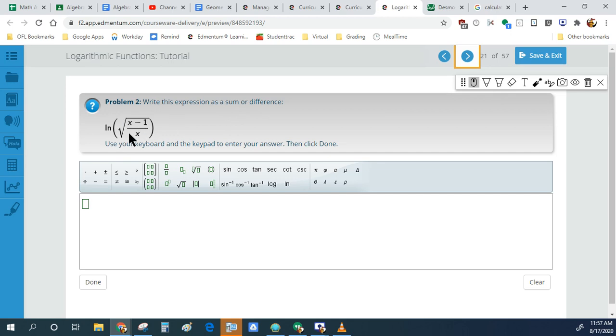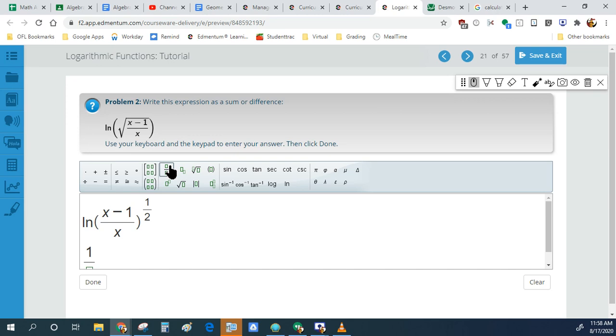The first thing I see here is this square root can be rewritten as an exponent. So I can rewrite this as ln, natural log ln of, I have a fraction, so I'm going to use my fraction button, x minus 1 on the top. On the bottom, I'm going to write x, close my parentheses, and this is going to be to the power of a fraction, which is 1/2. From here, I can use my exponent rule, my power rule, to say this is